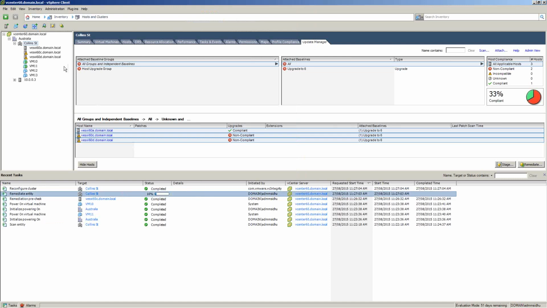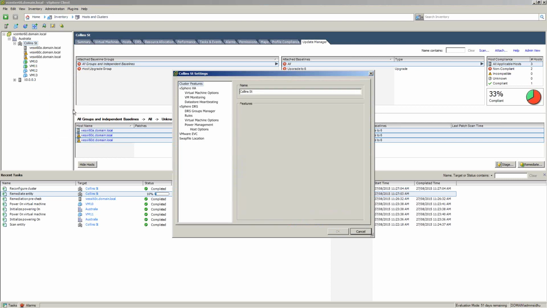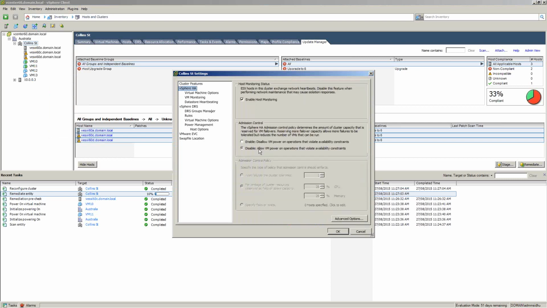It's actually good. As you may see, if you go into my cluster here, I think it's just changed my HA settings from admission control being enabled to disabled. Like I said before, the reason it's doing this is because as part of the upgrade, it may need to put hosts into maintenance. When it's doing that, it needs to move your VMs off, and if you've got strict admission control enabled, it may not be able to remediate your hosts. That's why it does this.